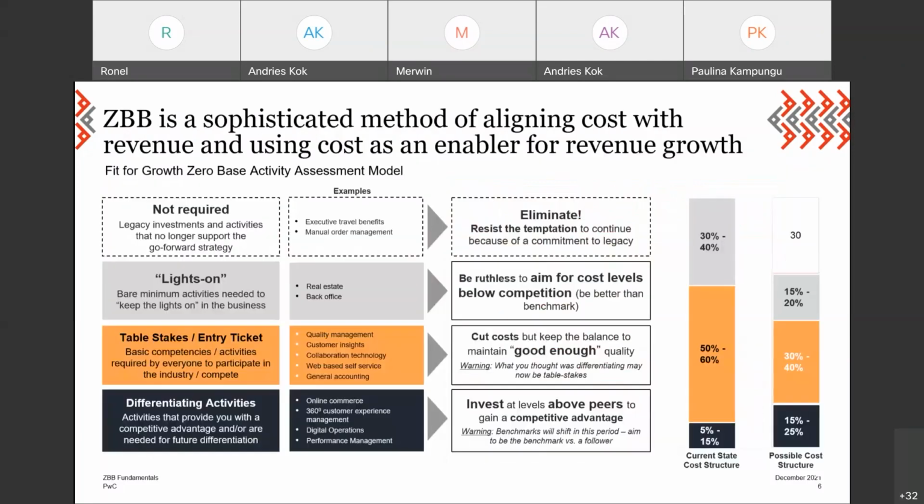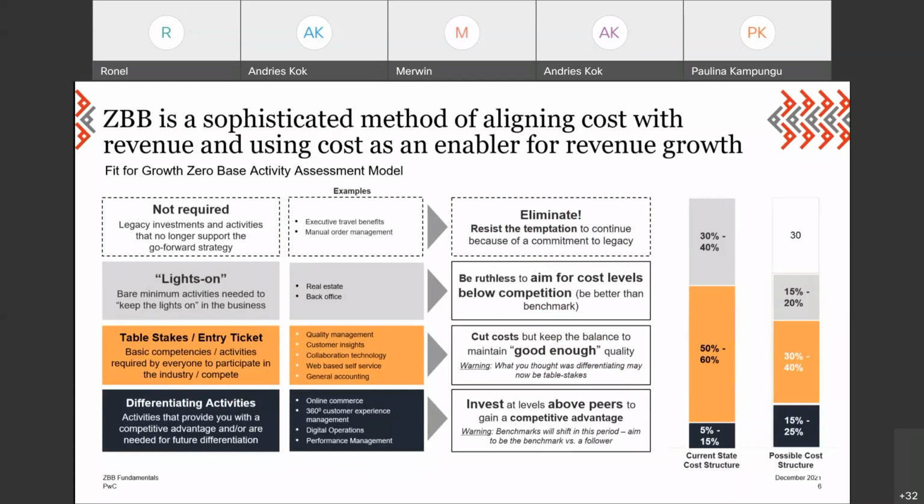Yeah, exactly. So I think with that in mind, we see ZBB not as a bottom-up or a top-down exclusively. We see it as a top-down and bottom-up. So you look at all angles at your costs so that you can get the most out of it. So if you consider this table on the left, a great way to start the ZBB process from a top-down perspective is to understand your cost. What is the cause of the cost and what is its effect on revenue?